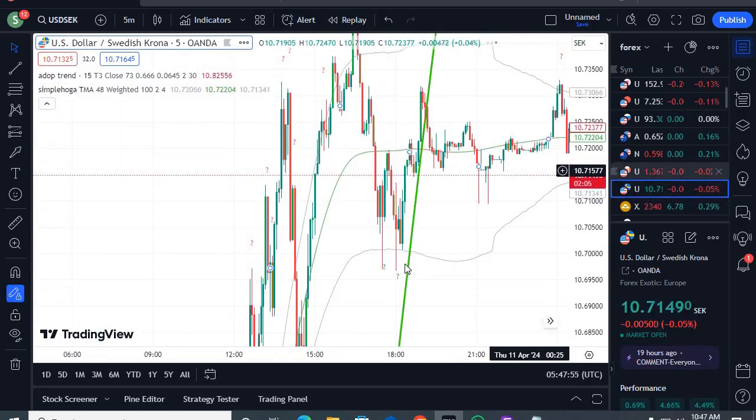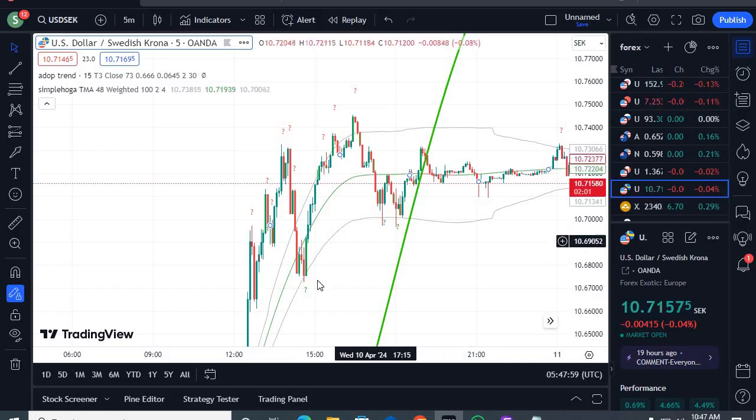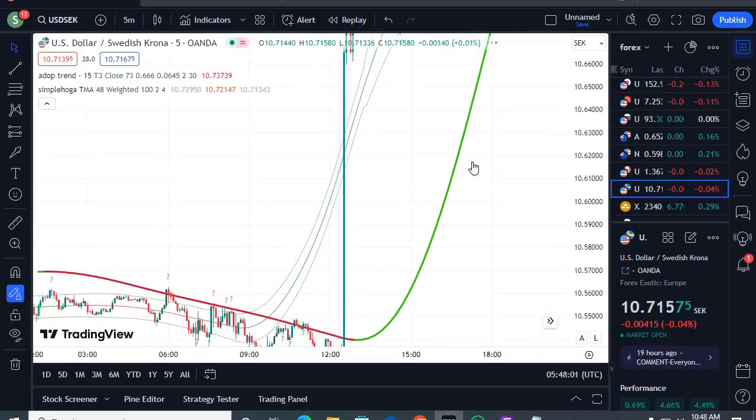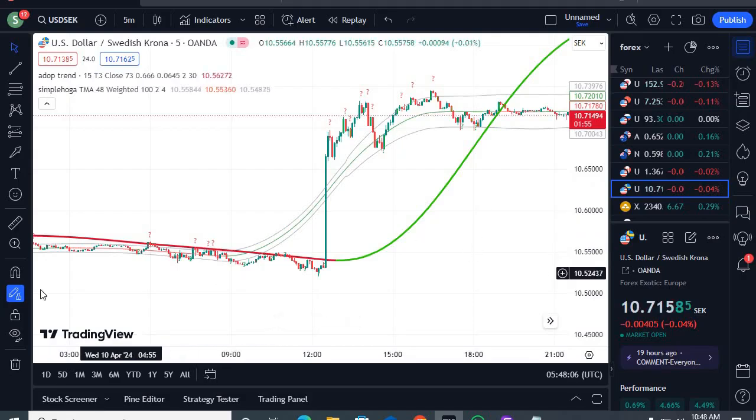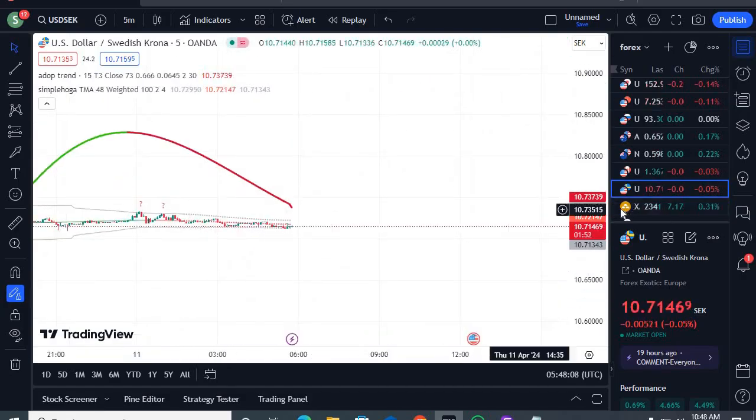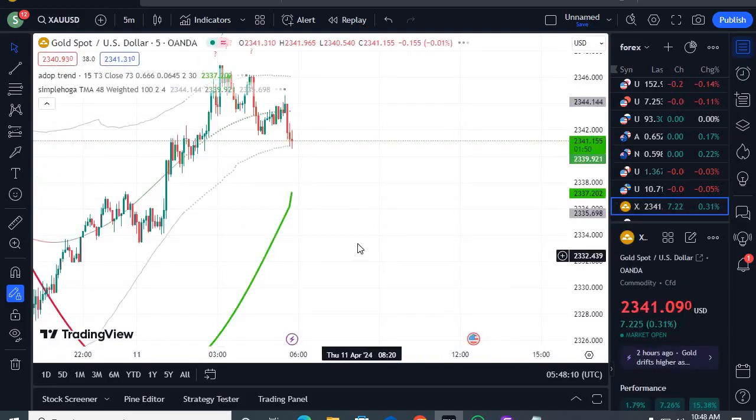Like you can go for the buy trade and book the profit at this point. Buy trade and profitable, buy trade and profitable, and so on. And this one is a sell signal, and profitable. Okay, and we are looking for the exact live demo.